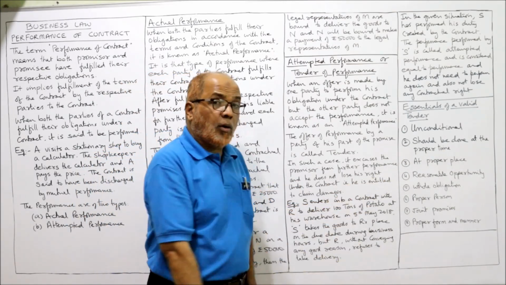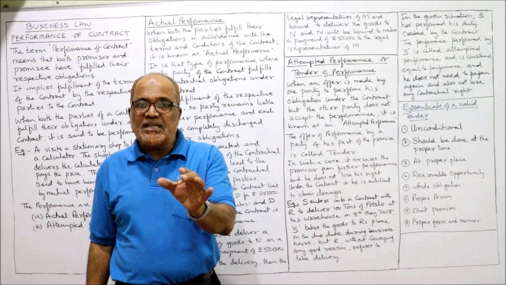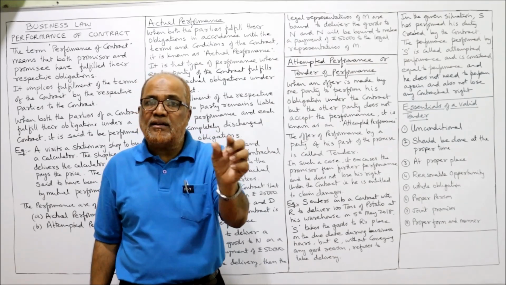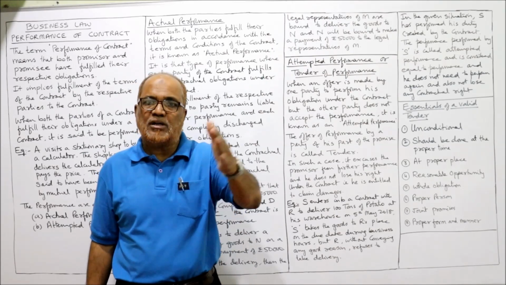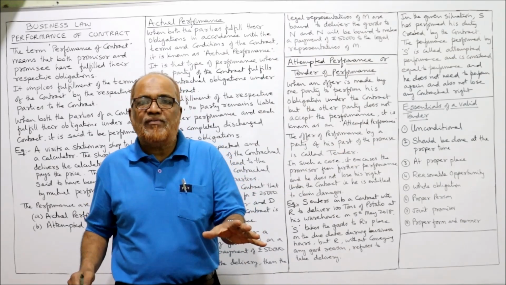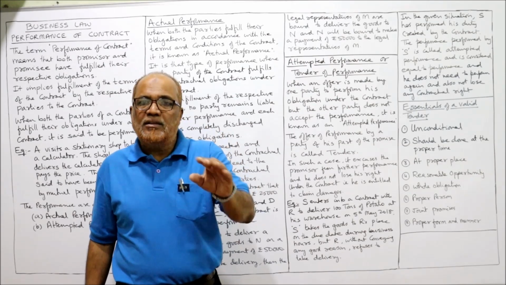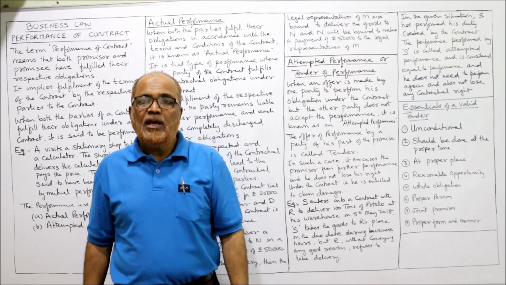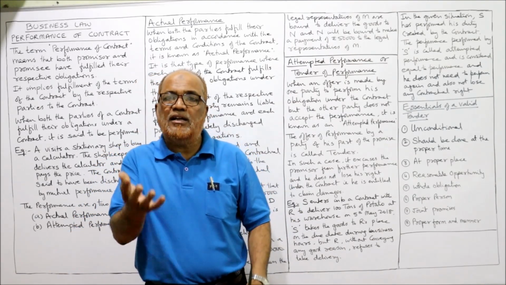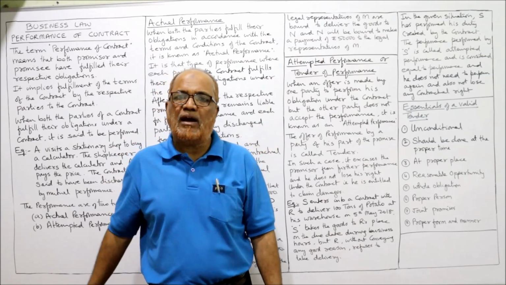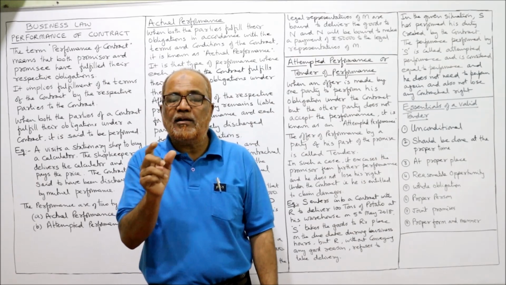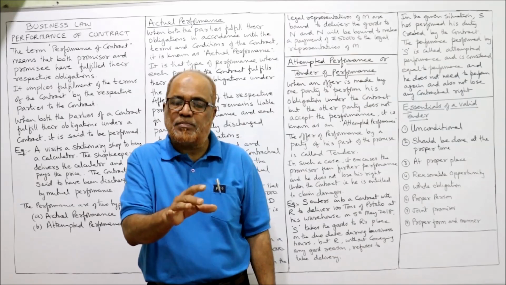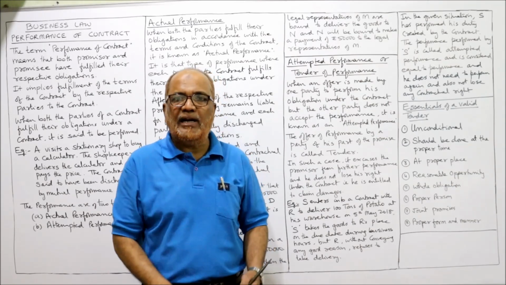Secondly, it should be done at the proper time. If the time is fixed in the agreement, with terms given regarding the time of supply, then at that time only the goods should be supplied by the promiser to the promisee. If no time is specified, the delivery should be made during reasonable business hours, not at odd times. If the promise is performed at an odd time, then definitely the promisee will have the right to reject it. So the second essential condition is that it should be at a reasonable time. Whatever time is specified in the contract, at that time only delivery should be made.